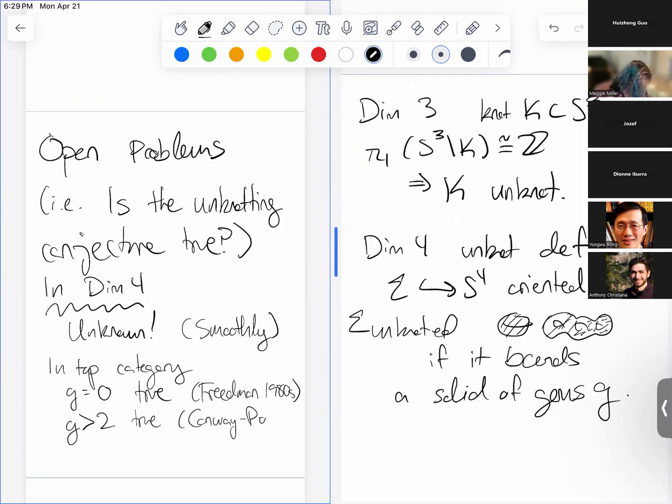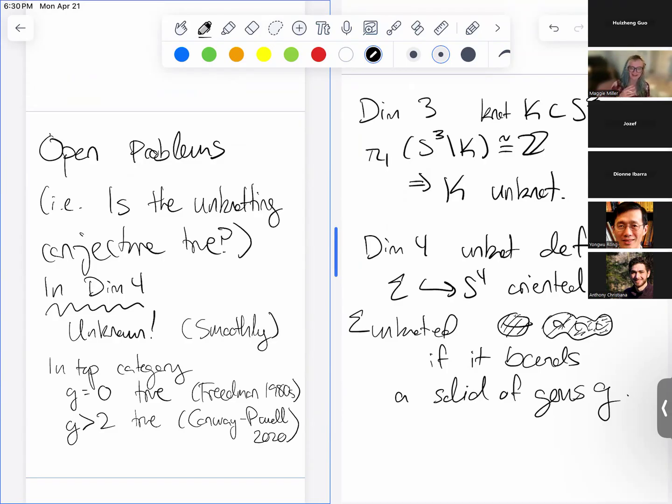I think that's 2020. I'm mixing up papers, but I think that one's 2020. So technically, we don't even know this in the topological category for genus 1 and 2. But in the smooth category, we just don't know anything. There's very little partial progress, if any. I can't even think of anything. With one caveat: weirdly, we actually understand this much better for non-orientable surfaces,